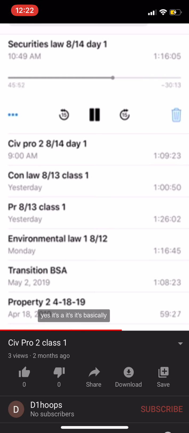Yes, it's basically a notarized signature that you append to the end of the complaint that makes the complaint have the effect of being your client's sworn testimony. Does that make sense? And why would you do that? Because it's basically swearing that all the facts given are true and all that they're claiming happened is true. And remember, this is your client. You're representing the plaintiff, and your client is saying, I've read over all this, and all the facts that are in there, I swear all those facts are true. Why would you do that as a plaintiff's attorney?